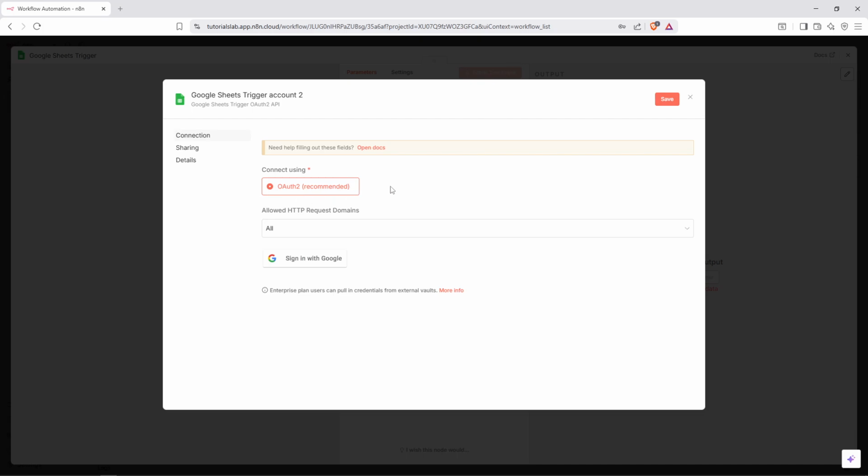All you have to do now is sign in with your Google account. A pop-up window will appear asking you to authorize N8N to access your Google account. Follow the prompts, grant the necessary permissions, and you're all set. And that's it. You've successfully set up Google OAuth in N8N, and now your workflows can securely interact with your Google